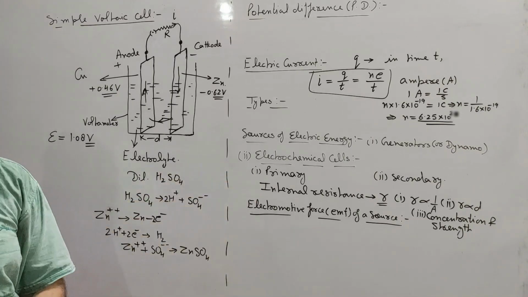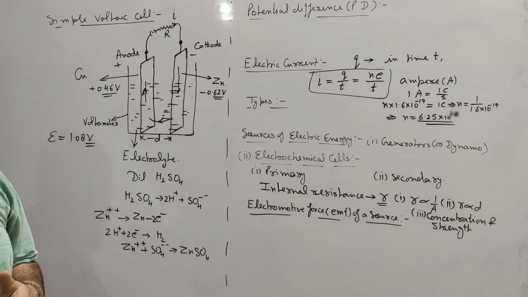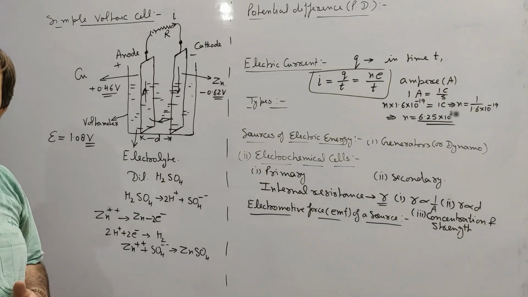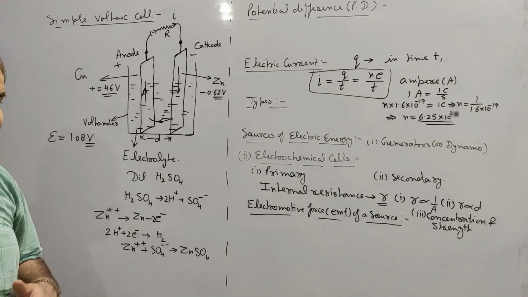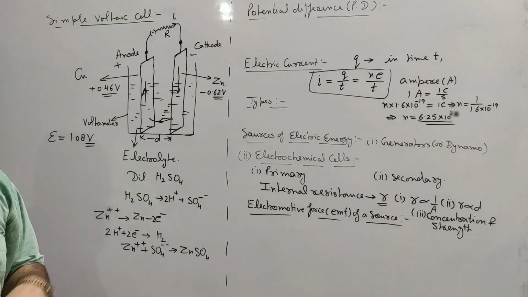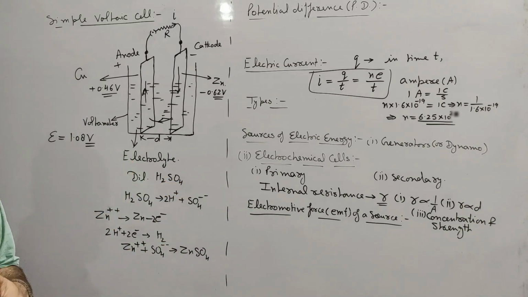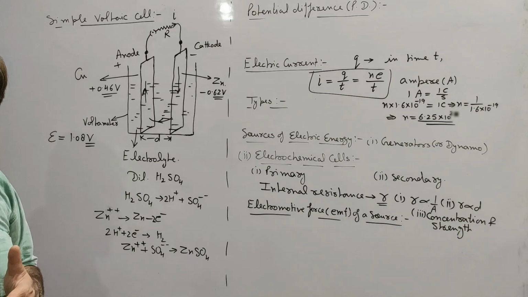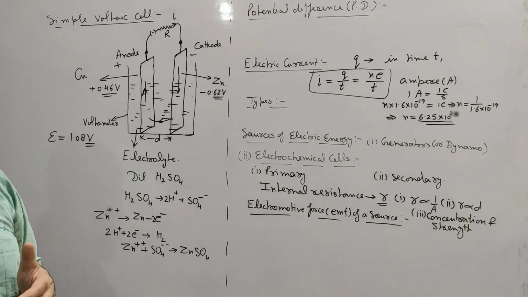For a good cell, concentration of electrolyte should neither be very large nor very small, but its strength should be large so that it may provide a large number of ions per unit volume